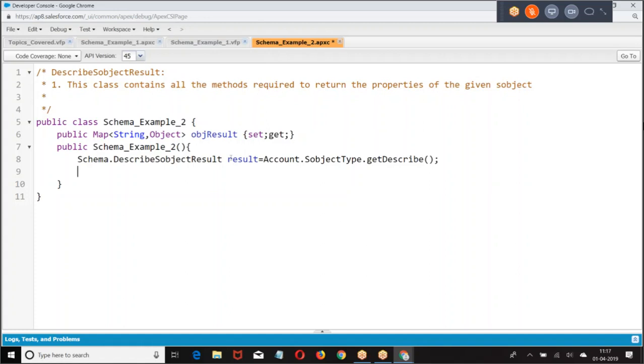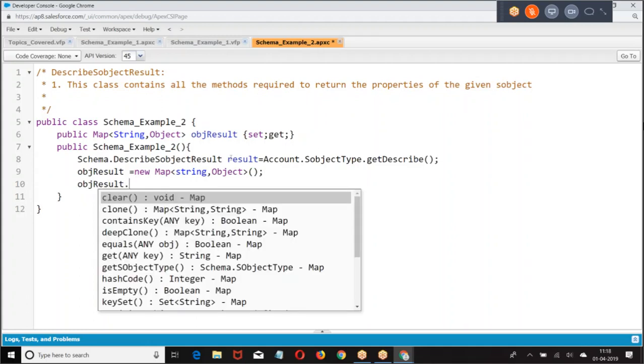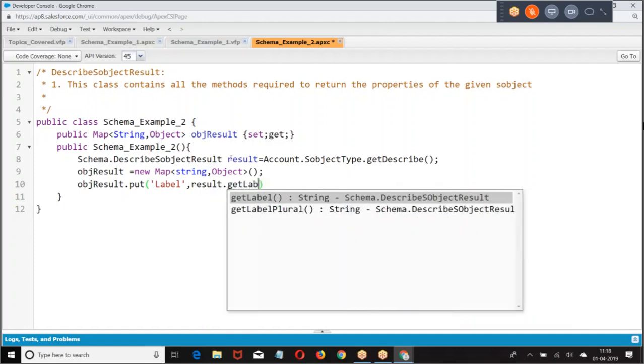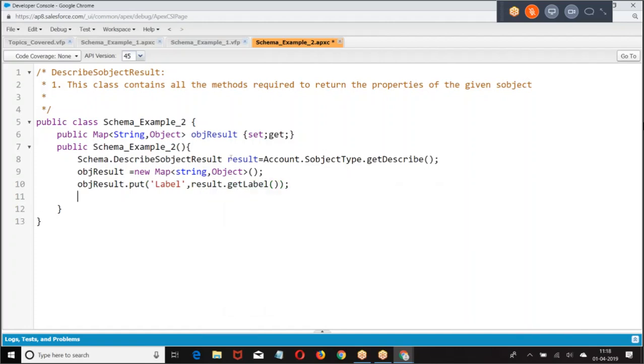All the properties will be coming. So let me give this object result. Now give objectResult.put label. What is the label? Result.getLabel will give you the label name of the object.